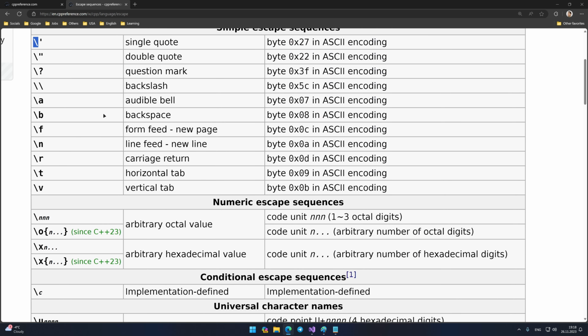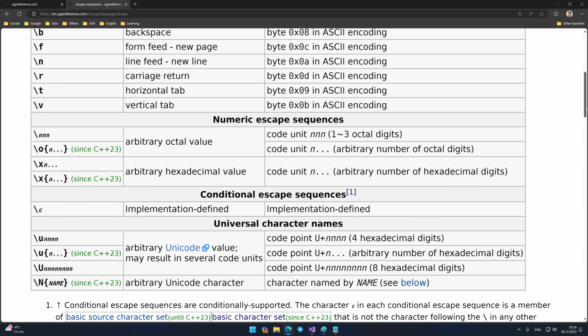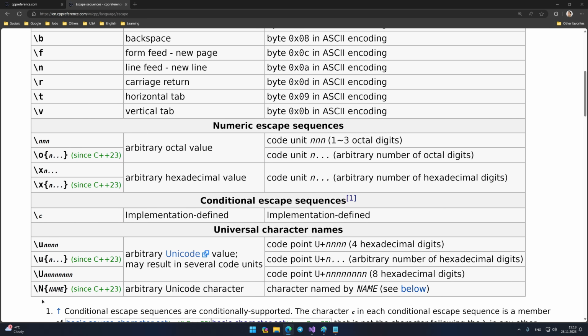I won't go through everything in this table because there are things here that will be added only in C++23. This is, if anything, a language update that hasn't yet been released. My course covers C++20, so I'll skip those sequences. Also, I won't talk about sequences that are associated with the octal and hexadecimal number systems, that is, these. There will be a separate lesson about number systems where I'll return to them. For now, let's not bother our heads. I also won't talk about conditional escape sequences because most programmers don't use them or even come across them.